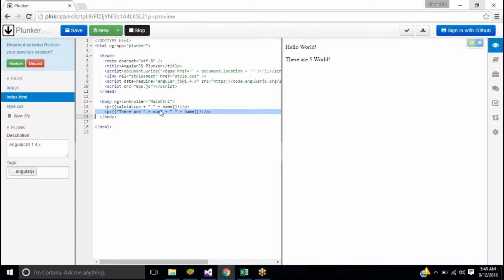Let's say I want to do some numerical operation. I can do num1 into num2. See, num1 is 5, num2 is 6, so it multiplied. I can do whatever operation, like plus.